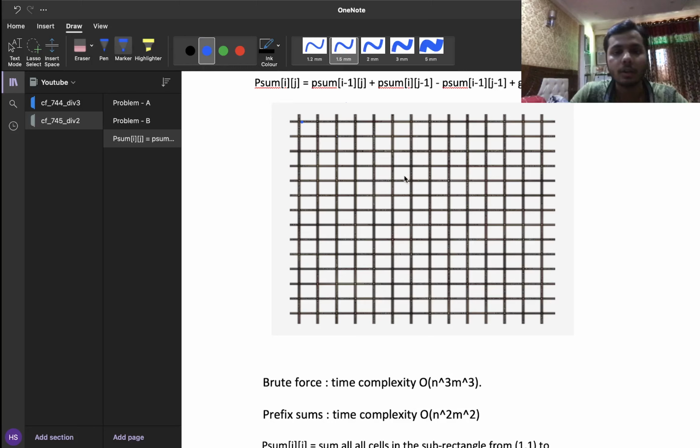Okay, great. So we were looking at a rectangle. Let's say we are looking at a rectangle like this. The rectangle is something like this. All right. And this is the inner part of my rectangle. All right, great. So I need to know the number of ones here in the middle region.